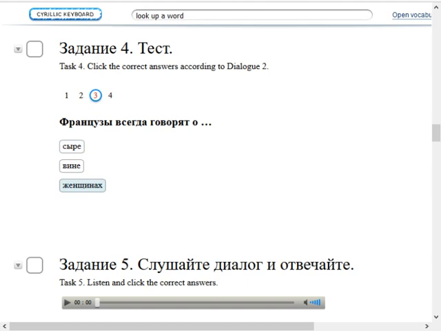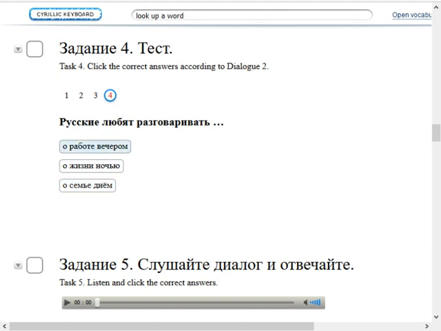Well, I actually don't know what French people talk about in real life, but we didn't hear anything about wine, and the Frenchman refuted the claim that they always talk about cheese, so женщинах. I mean, I think he said they talk about other things as well, but yeah, of course they talk about women. And finally, русский любит